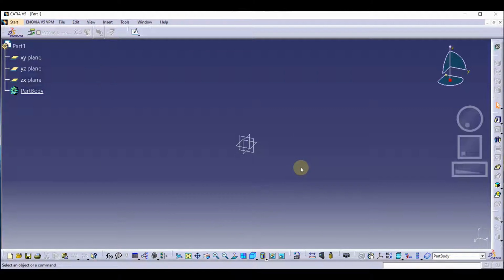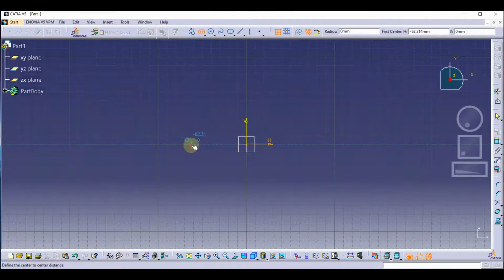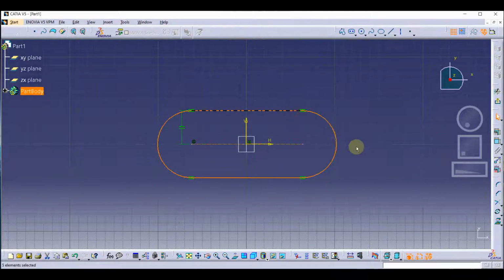So for using this tool we need more than one plane and we need to draw a sketch. So first of all we are going to draw a sketch. I'm going to select the XY plane and start the sketch. First we are going to draw an elongated hole. Okay, now we are going to provide the constraints.